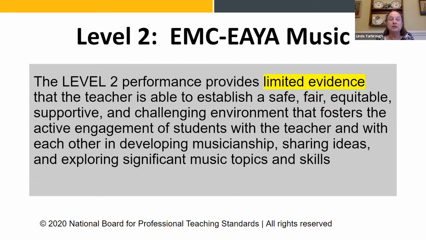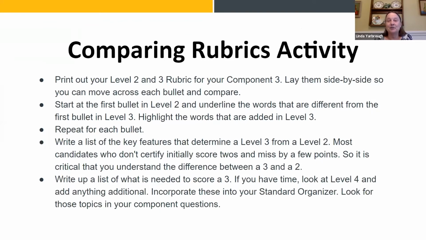But again, the gray box at the top of that rubric is still looking for a safe, fair, equitable and supportive and challenging environment, active engagement, and this is a music rubric, so developing musicianship and sharing skills and ideas. So again, those are some of the differences that you need to be thinking about in the different levels of these rubrics. Lisa shared a wonderful activity with us that is an example of what you'll see if you check out that scoring rubric